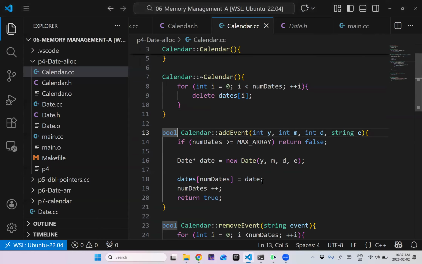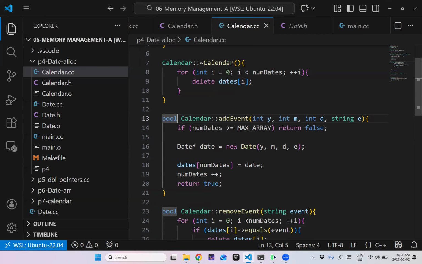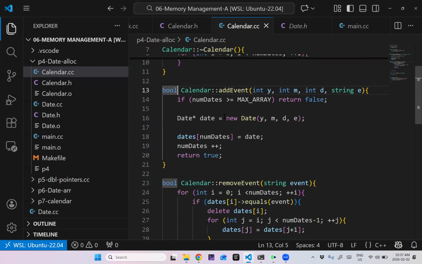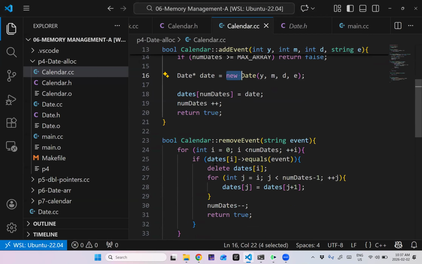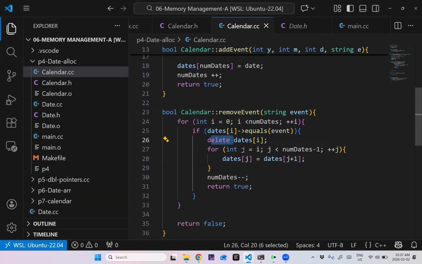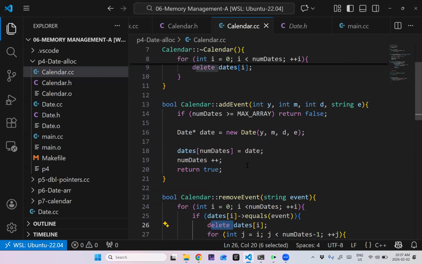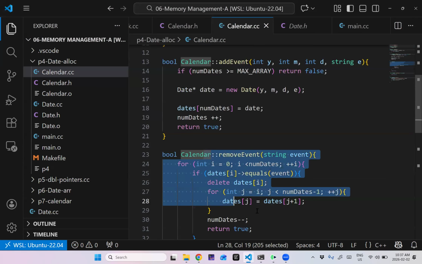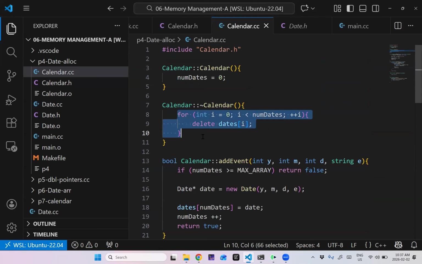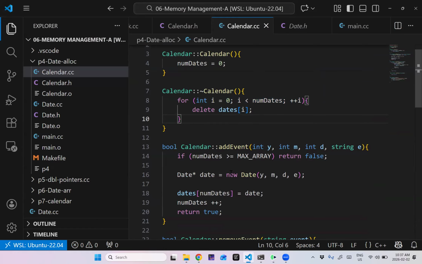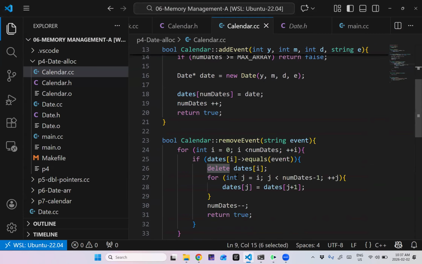So the things that we did, again, these are suggestions. You can do whatever you like, but if I call new in add, then I probably want to call delete in remove. That makes sense. There are exceptions, but not in this case. But also, if I'm not removing every event, then I should clean up the rest in my destructor. So in general, for every call to new, there is a call to delete, whether it happens here or here. That's our strategy. It's going to get a little complicated because we're going to use collection classes, but questions?